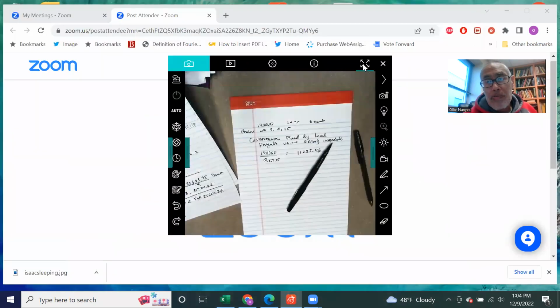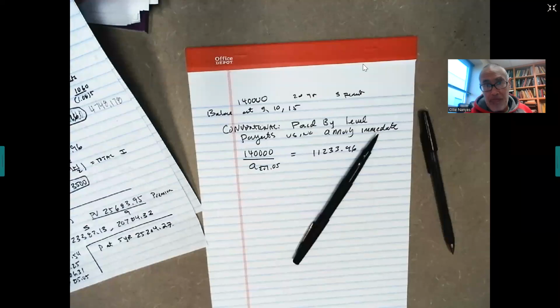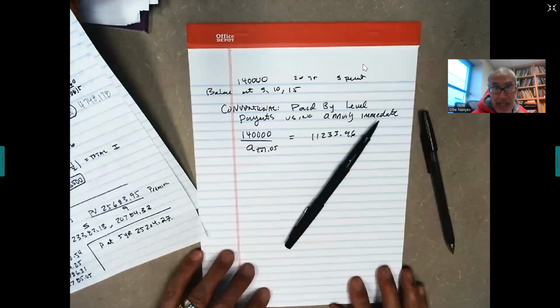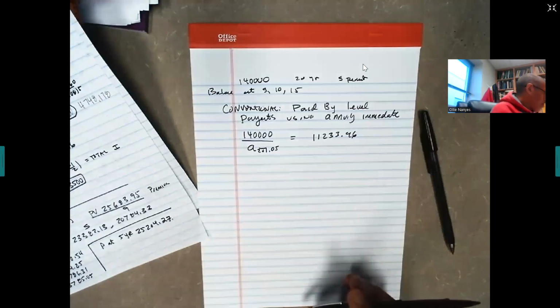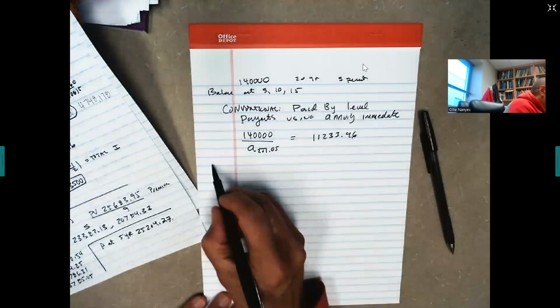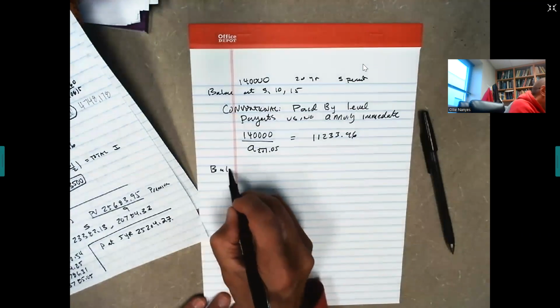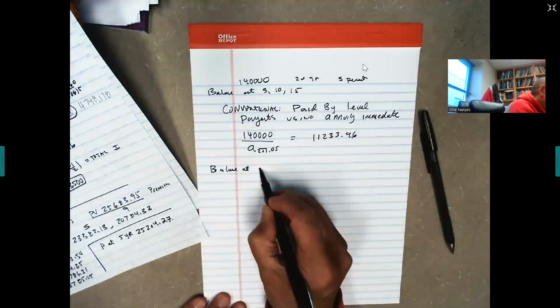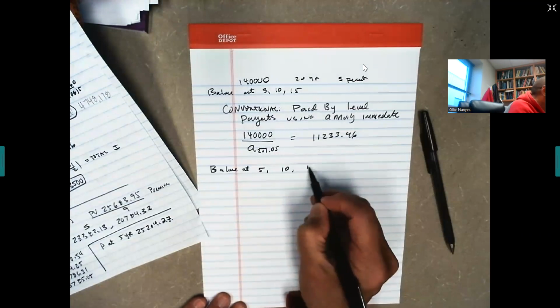Okay. That's an important basic concept to know, what a conventional mortgage is. Okay, you have to know that. Now, as far as the balance at 5, 10, and 15 years,